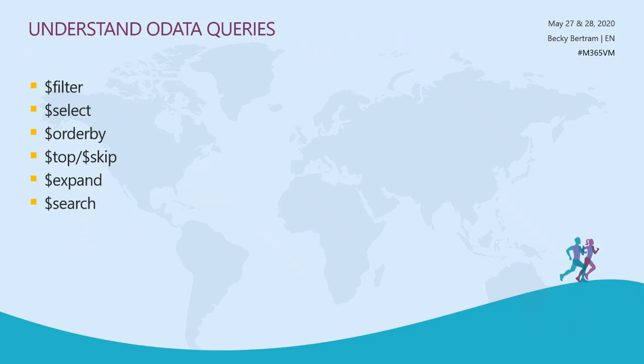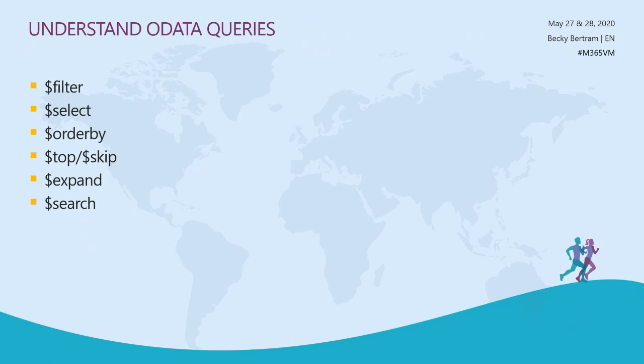The top and skip is important because you may say, I only want to get the 5 most recent items. So you'd use top equals 5. That's the number of items. But there are other times where if that result that comes back is too big of a payload, you can actually implement paging, and the graph will implement paging. So if you're getting 30 results back in the first set, the next result that you get back may have a skip link in there, which says basically go fetch items 31 through 60, etc. So when you pass in that skip, you're basically saying skip those first results,